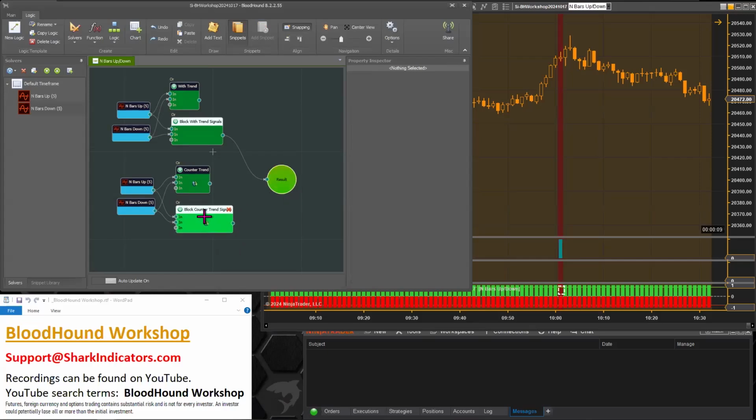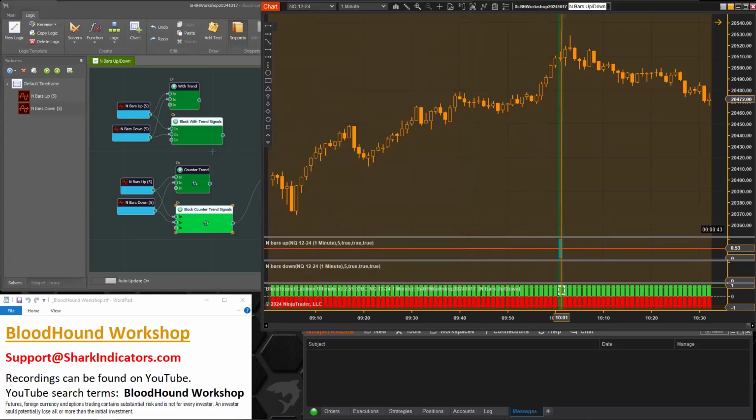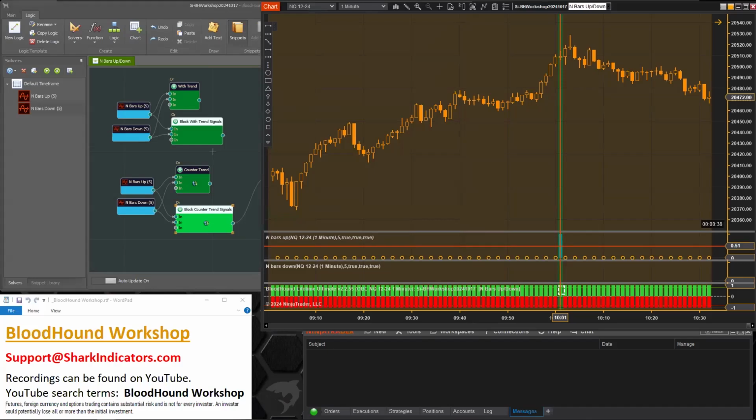So this OR node, it's using the inverted and swapped there. So if we take a look at that, it's inverted and swapped. And so it will block the counter trend signals. So for example, the N bars up produced an output for N bars up. But if we look in BloodHound,